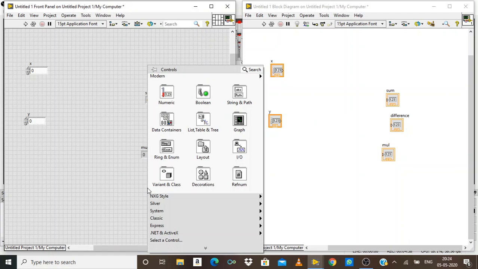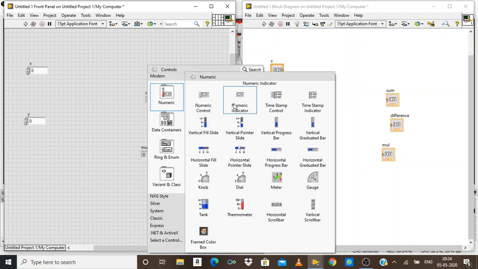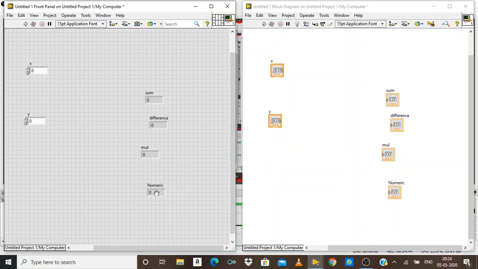And another for division: we take an indicator, place it, and write the name. As a result, it displays the division.